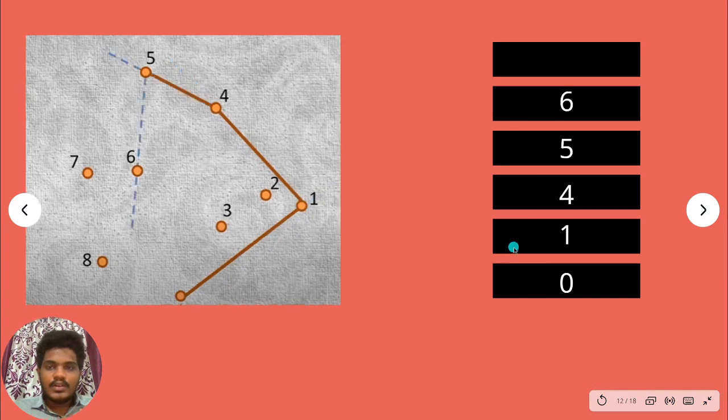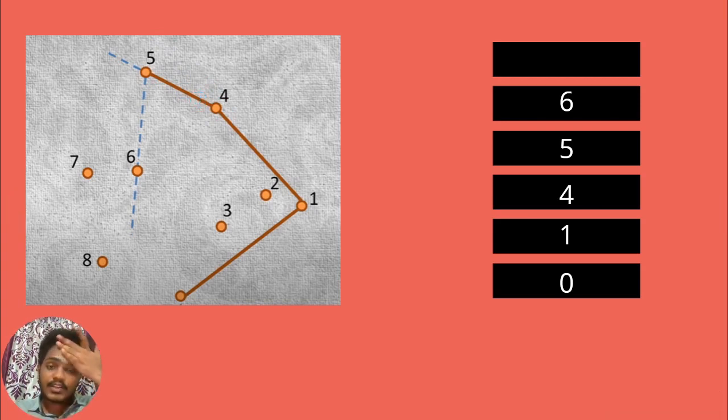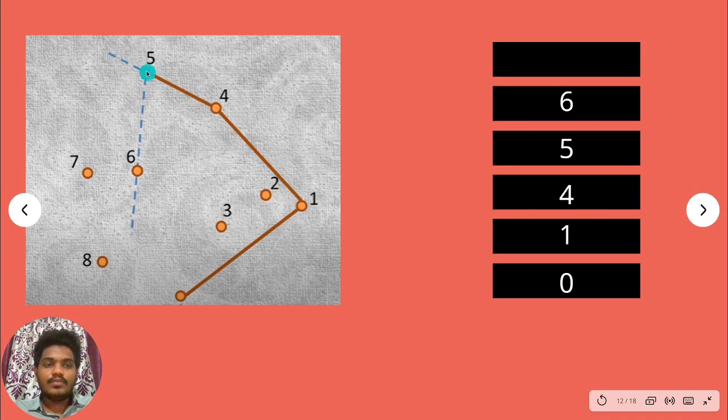In the next step, we will check whether this point 5 is making a counterclockwise direction or not with respect to point 4. Yes, of course. If you take a straight line like this, point 5 is making a counterclockwise rotation with respect to point number 4. So we'll put 5 onto the stack and check with the 6th one. When you take point number 5, this has the straight line and this has the next point, so it is making a counterclockwise turn.